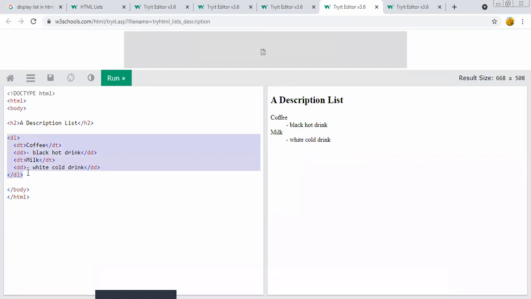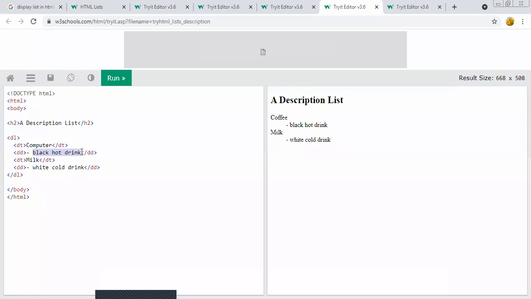So here is the example of the definition list. First, we display the structure for the web page. Then, if you want to display the definition of computer, here we use DT, meaning we specify the term whose definition we want to display on the web page.